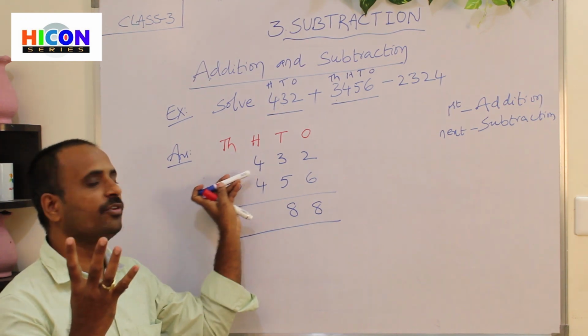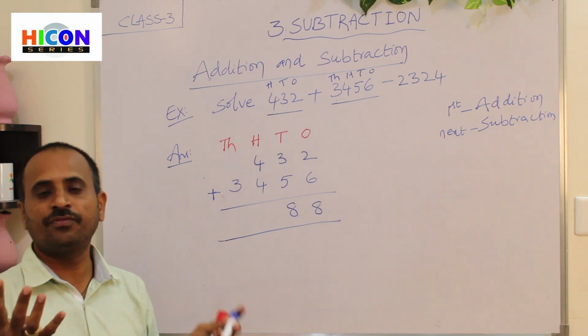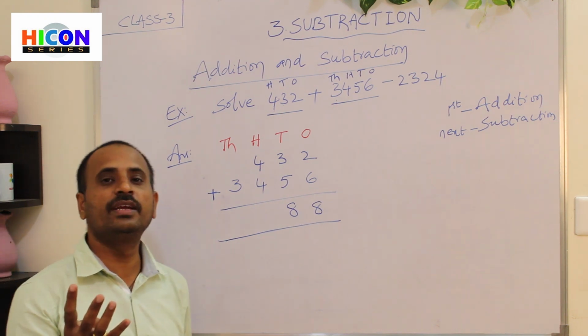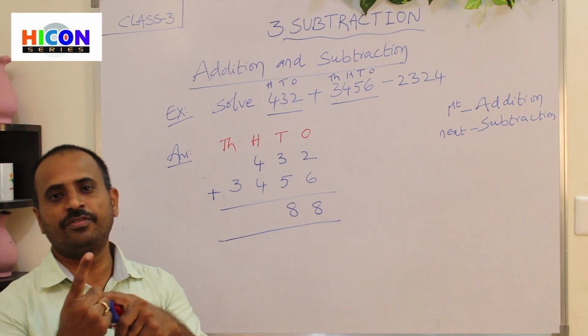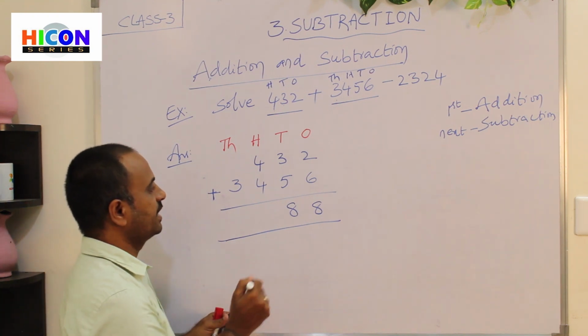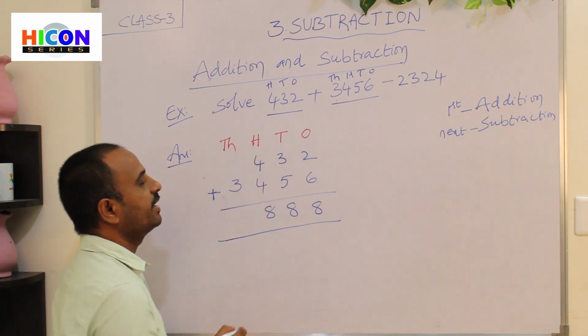What is the first digit? 4. So start counting after the first digit. After 4 we get 5, so start counting from 5: 5, 6, 7, 8. So the answer is 8. Write 8 under the 100th place.